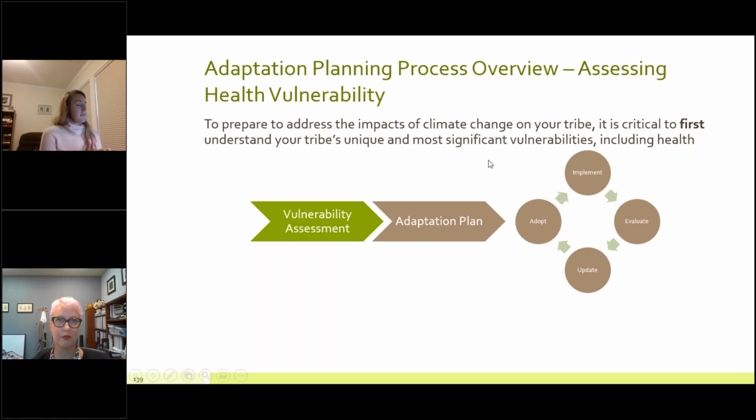So like I said, to address the impacts of climate change, it is critical to first understand your tribe's most significant and unique vulnerabilities, including health. So we're going to talk about steps. Now, before I introduce steps, we're going to talk a little bit more about what vulnerability means. And in general,